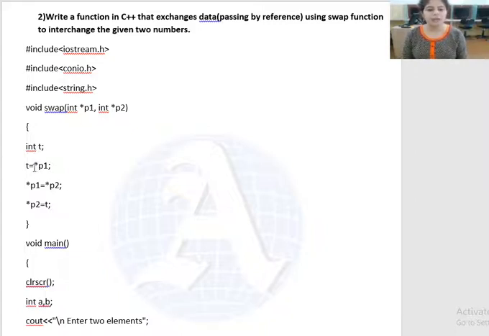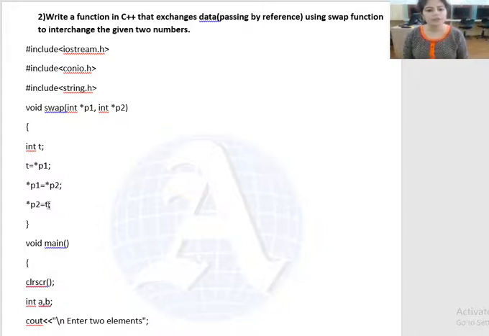Since p1 is now vacant, in the second step we transfer the value of p2 into p1. So now we have occupied p1 with the value of p2. Now p2 is vacant because we have transferred its value into p1.